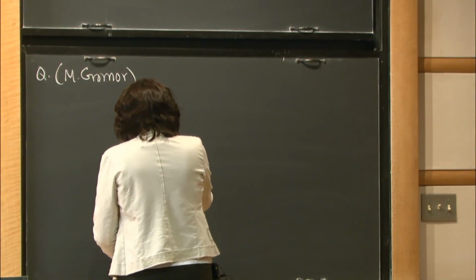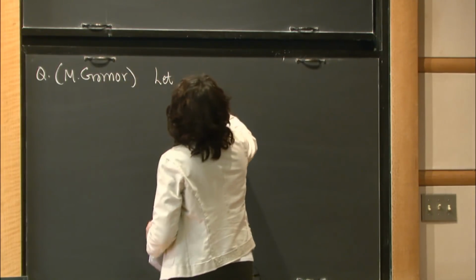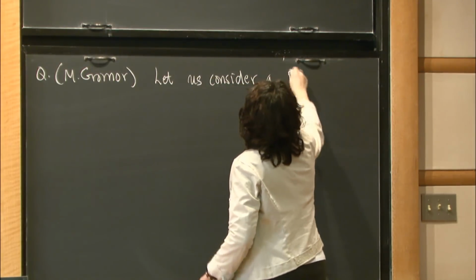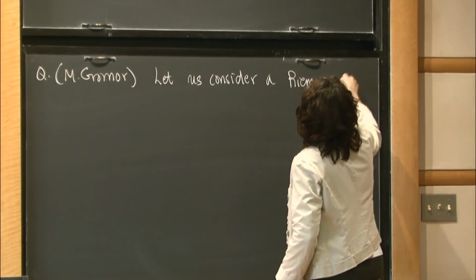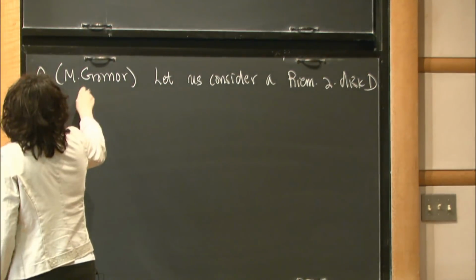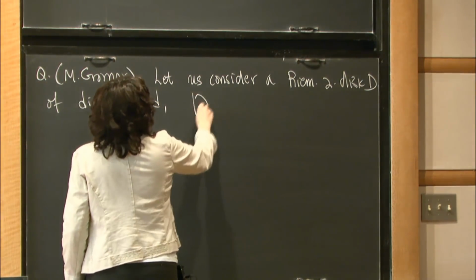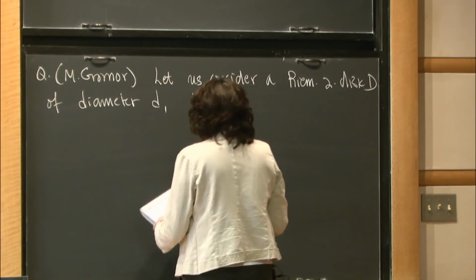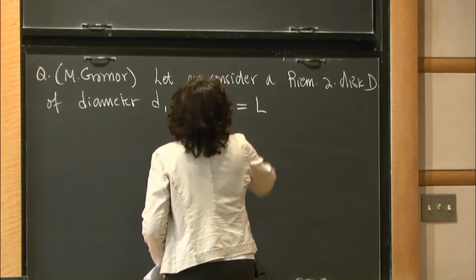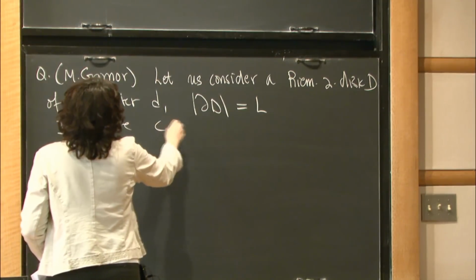Okay, so Gromov asked, let us consider a Riemannian 2-disk of diameter D, and the length of the boundary is L. Is there a function, or is there a constant such that